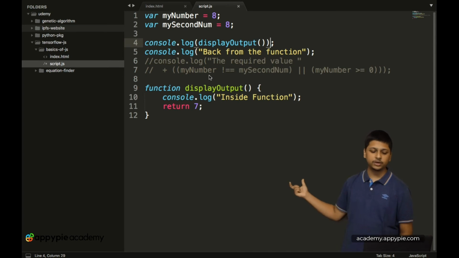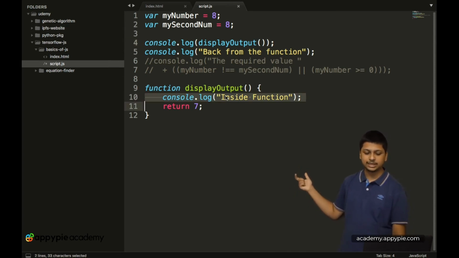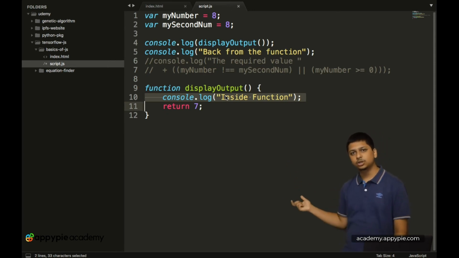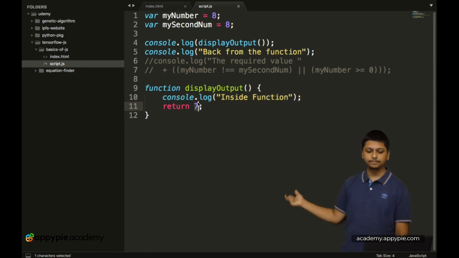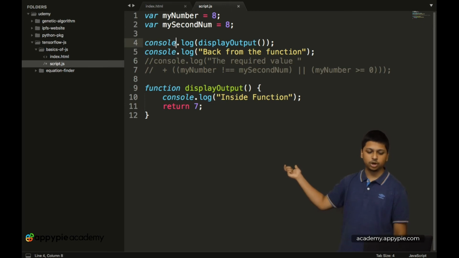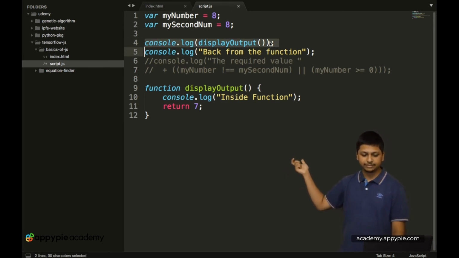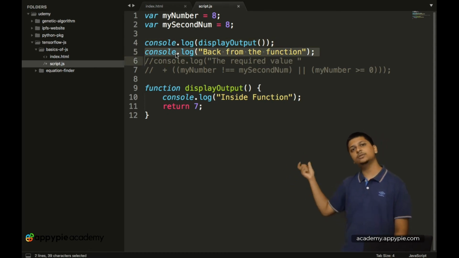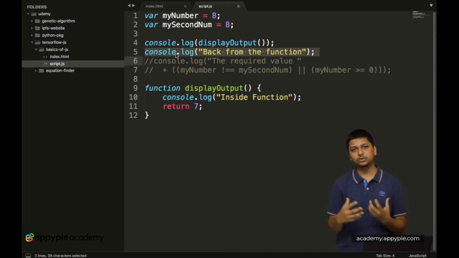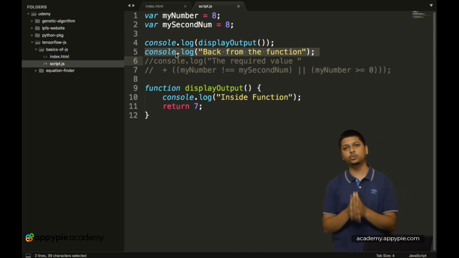Inside the display output function, the very first console.log which you can see is the inside function, and then after the inside function console.log is executed, we are returning a value of 7 which goes back, and it is then printed due to this console.log. And then after this particular statement is done, then you have another console.log which says back from the function, and this is how some return value from a function works.